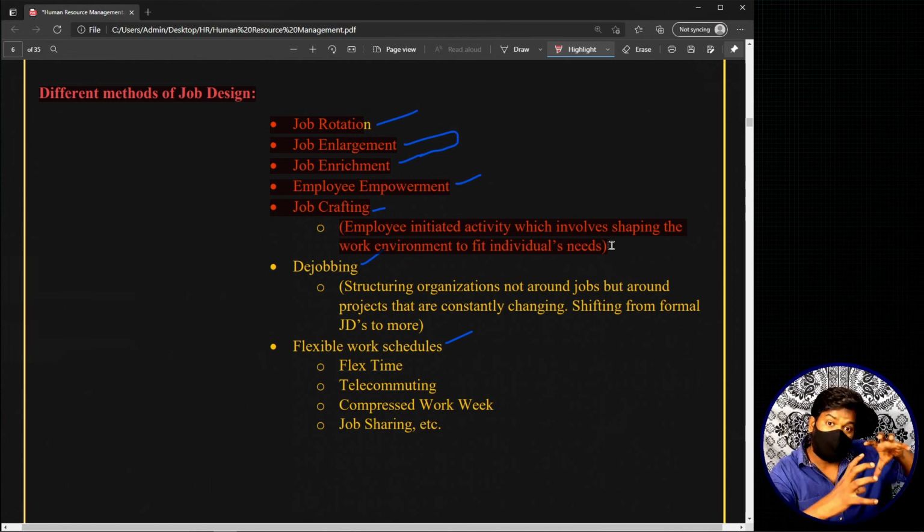Shaping an environment so that it fits your individual needs can also be represented by doing certain things like changing the way you interact with others, or changing the way you perform a particular job. Here, job crafting means you are taking the job environment or situation, and you are molding or changing that situation in a way that it satisfies your personal needs, right? So this is job crafting, a simple method. If you are still confused, you can post in comments. I'll try to bring in more examples relating to this concept, job crafting.